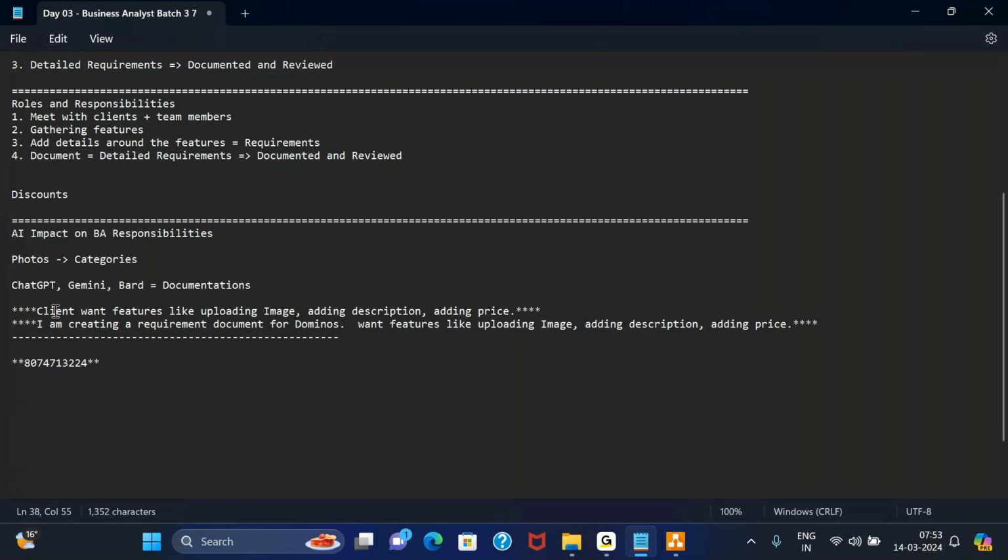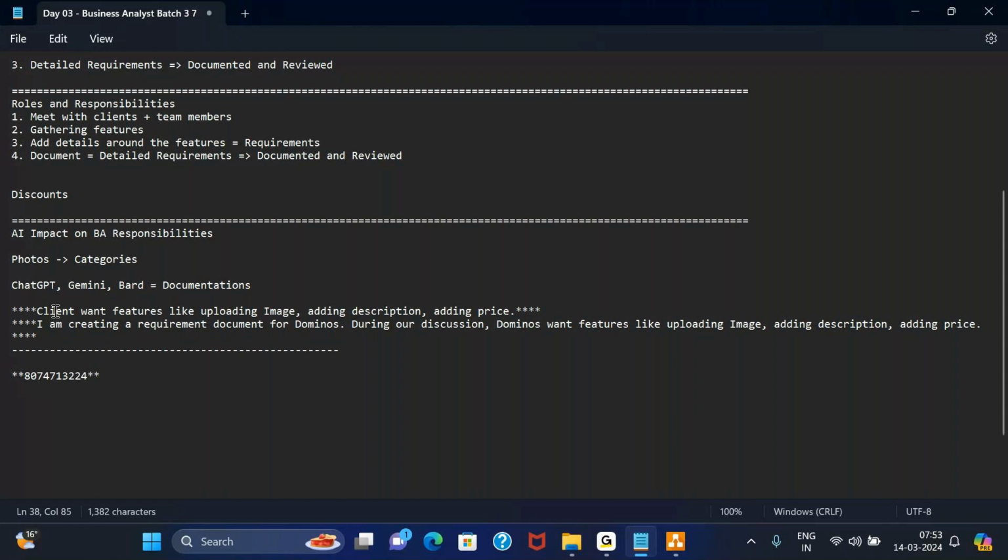Okay, and during our discussion, Domino's mentioned that they want features like this.